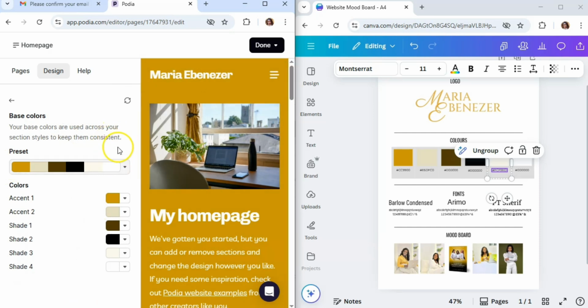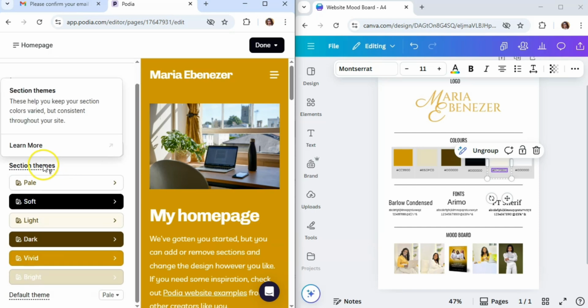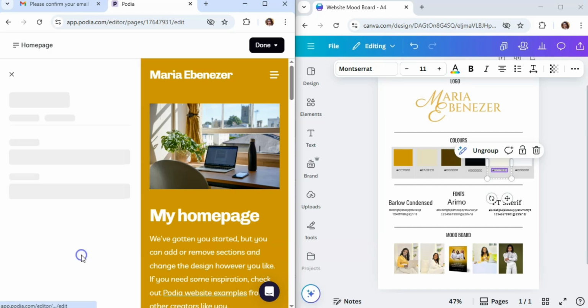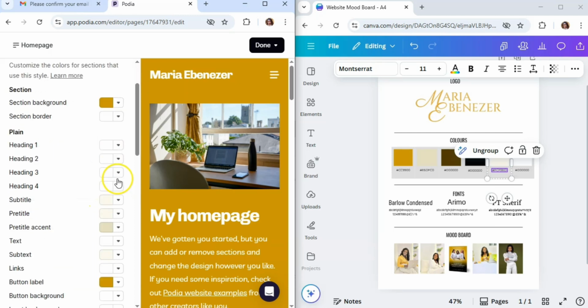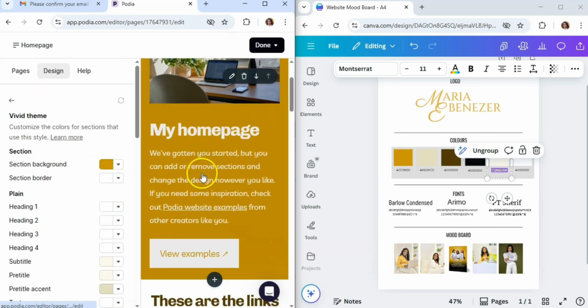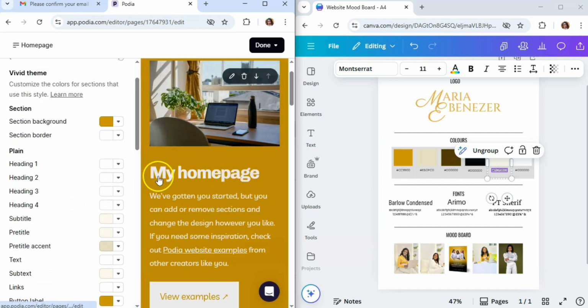So once you have your base colors completely set up, I highly recommend you go back and check out your different section themes. And so this is the place where you have to open up each of the theme and decide if the headings, for example, we are on the vivid theme right now, so you decide if you like the way the colors and the buttons are white, or you would prefer a different color if you like the way the headings are in